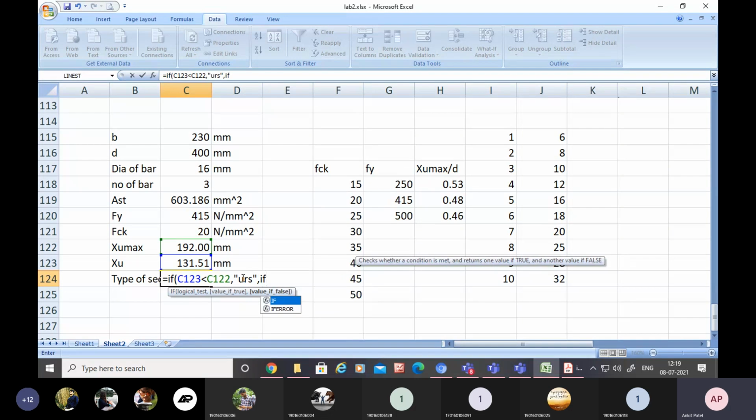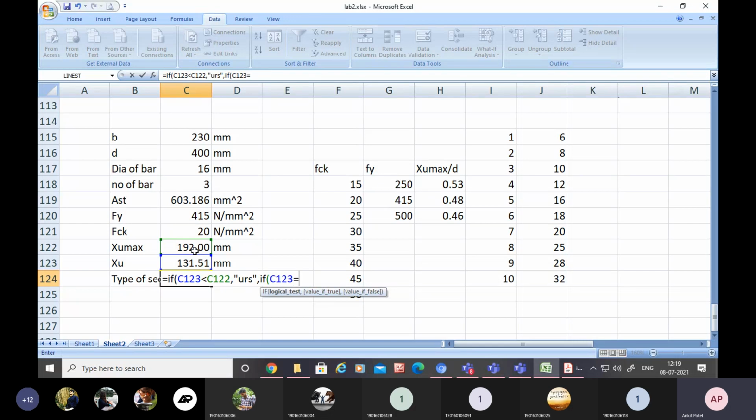Again I am going to use the same command, if this equals to this, comma, balance section, BS.